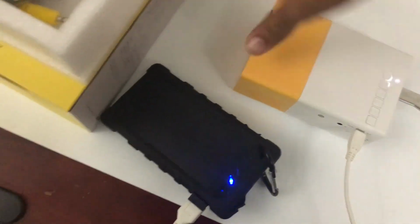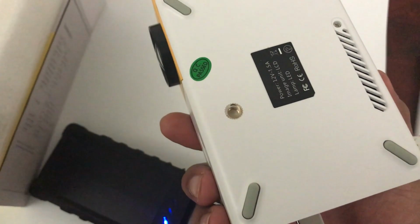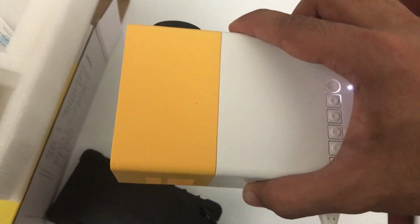If you want to connect additional speakers, you can with this one, but it already has a 3 watt speaker, so it's quite good. The sound of this one, it's fine. If you are watching a movie or if you are giving any kind of presentation, it's okay. So this is the small portable projector, and it already comes with the hole. If you have some kind of tripod or camera stand, you can also fix this projector